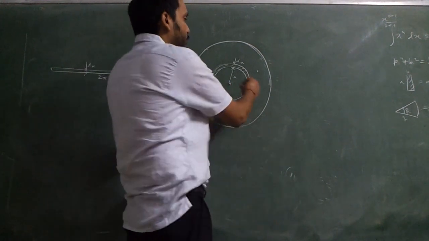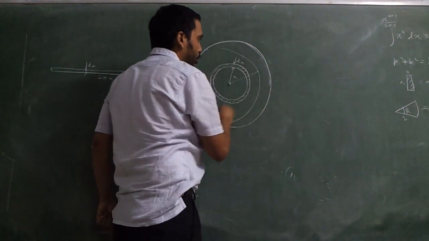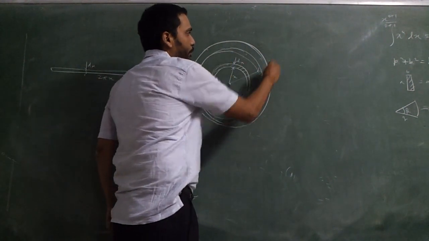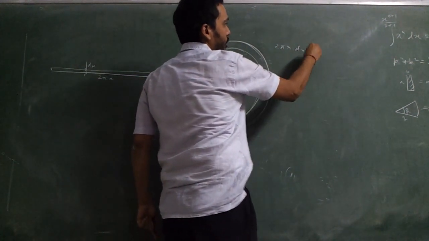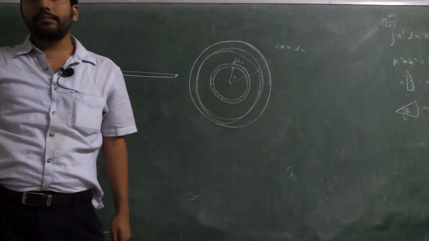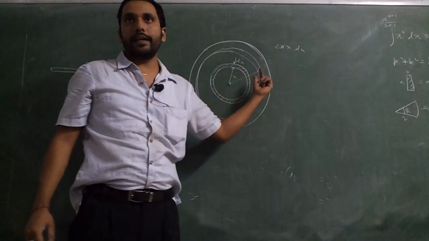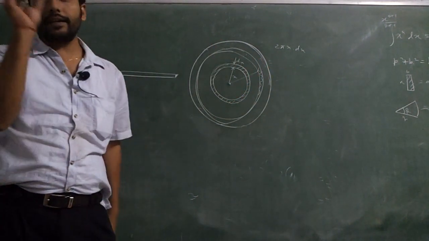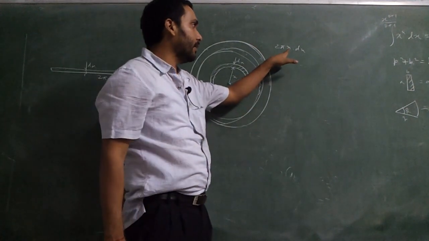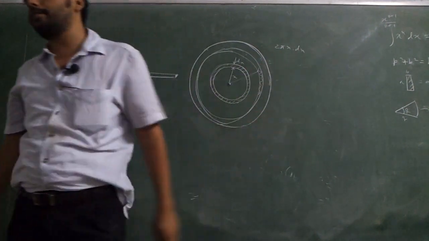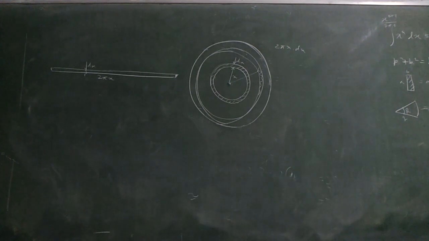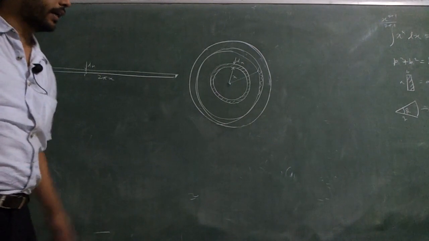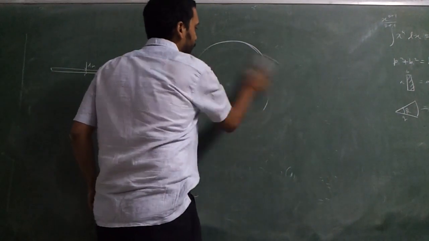Suppose x was this length. Then also, if I had drawn a hollow ring, that area will also be given by the same 2 pi x dot dx, or not? Why? dx is the same. Thickness I am taking the same all over, that I have told you in the starting. Integration basic is that dx is not varying, and at any random x the area will be given by the same formula. So if the elementary area is given by the same formula, then you can divide into any shape.